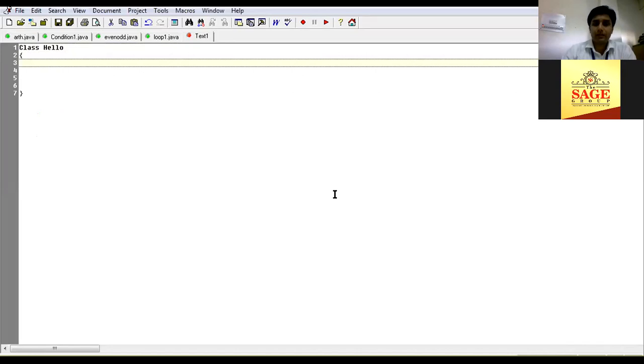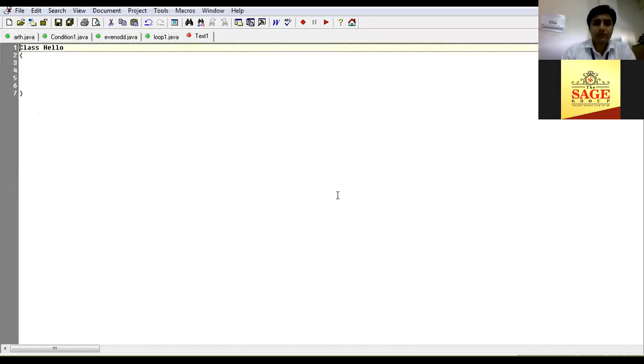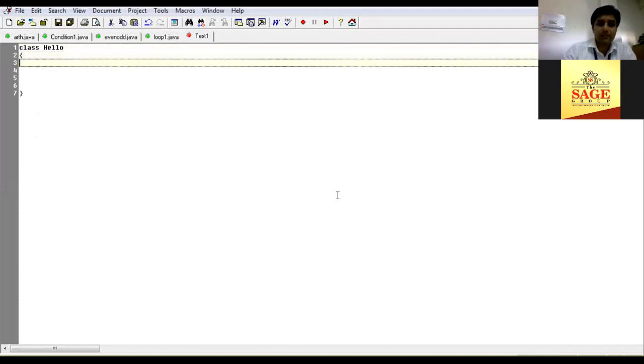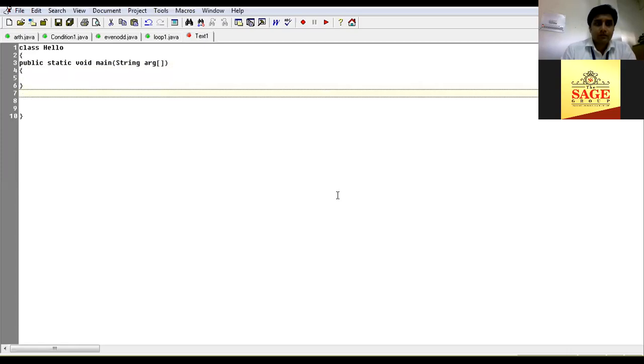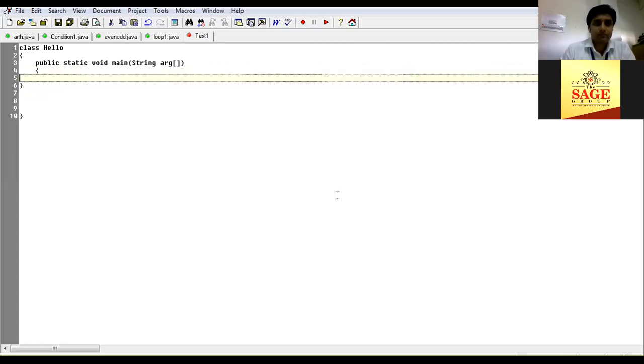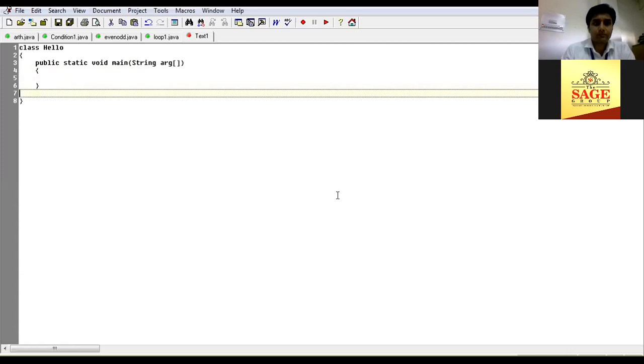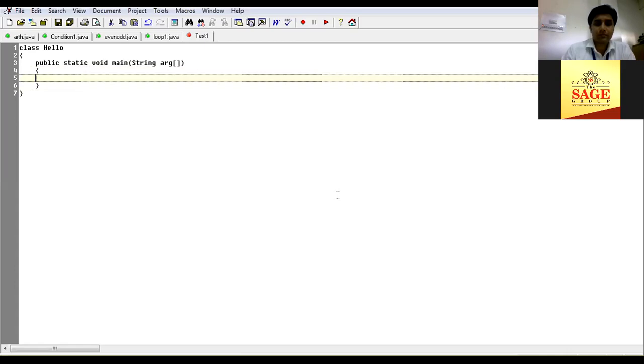We are implementing a hello world program to just print a hello message on the console, and we simply write a program: System.out.println.